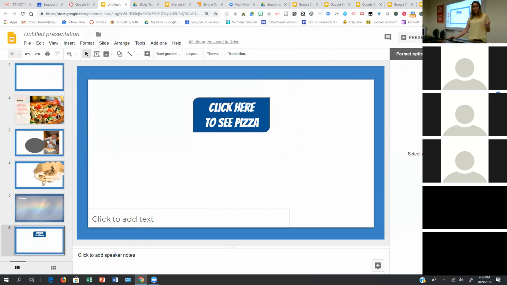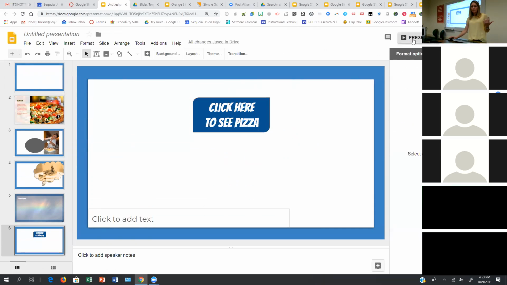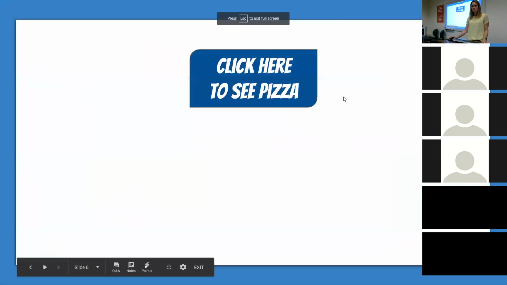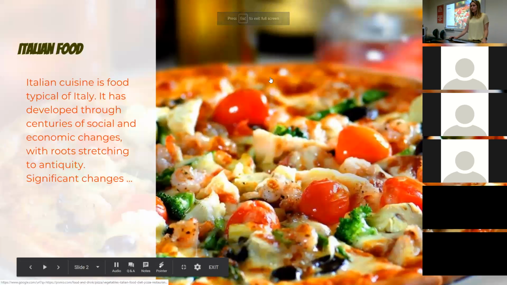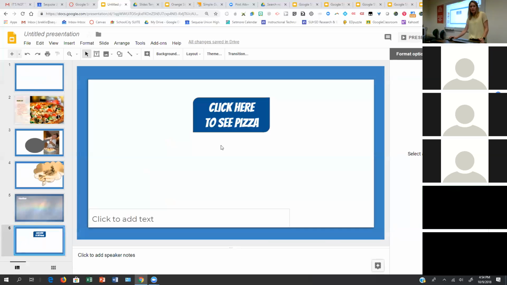Okay, so now if I click on it in regular edit mode, it's kind of hard to notice that there's a link until I click on the outside. But if you go to present mode, it just clicks and links it. Okay. So you can use that to link back and forth within your presentation with buttons,